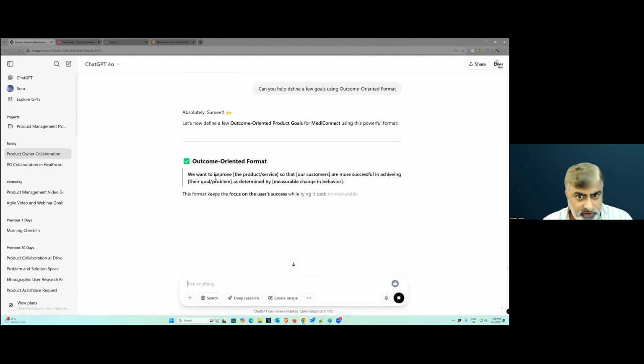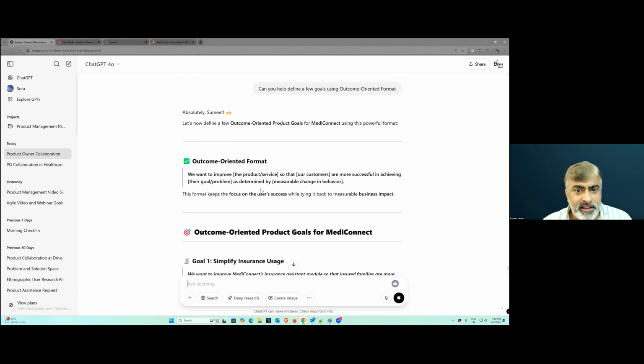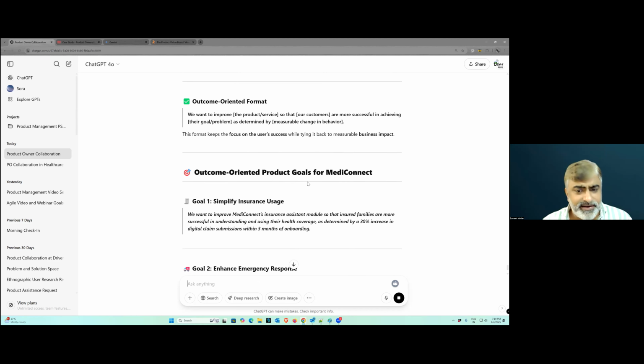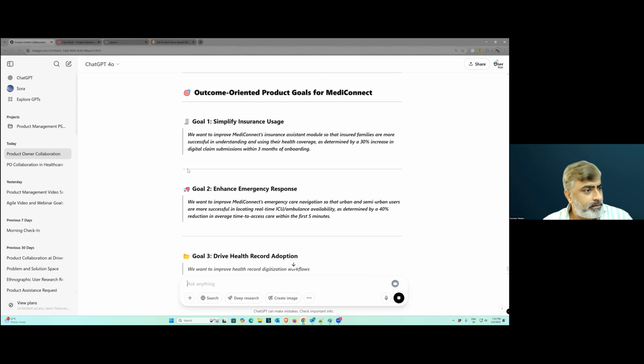So this is a format. We want to improve our product and services so that our customers are more successful in achieving these goals, determined by these measurable parameters. Again, let's talk about time bound. We want to improve MediConnect's insurance assistant module so that insured families are more successful in understanding and